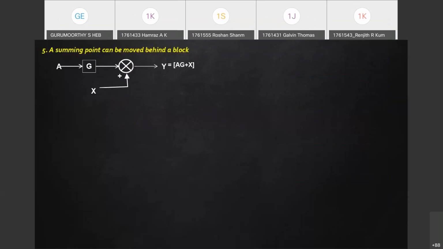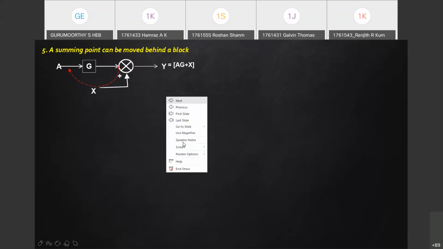We will have to look into some more types of reductions: what to do if blocks are in parallel, what to do if blocks are in series. I said for a parallel arrangement you have to add, and multiply if they are in series. That also I told. Now some more modifications you will have to do. This mark is called a comparator or a summing point. So sometimes some of the reductions